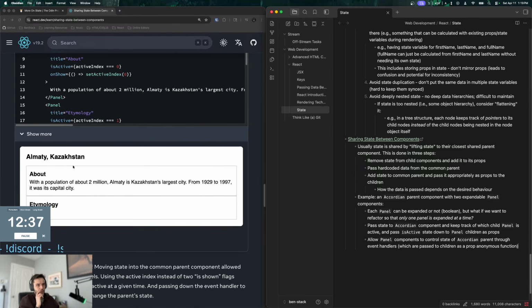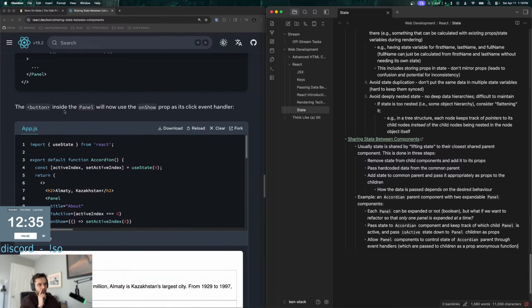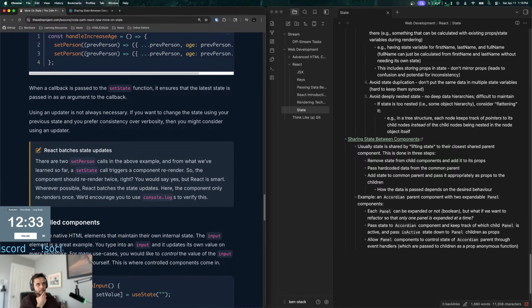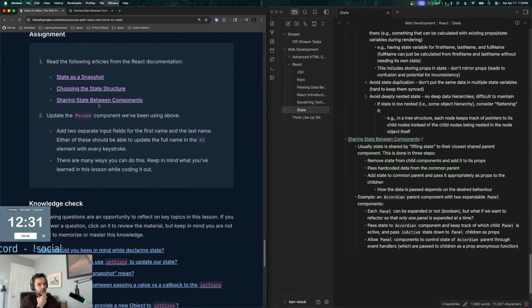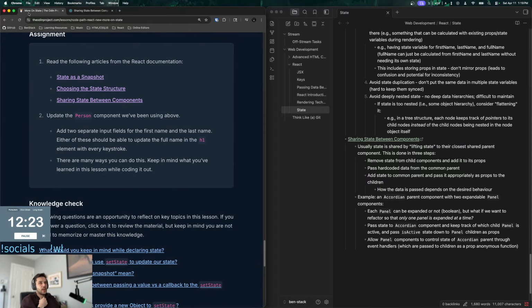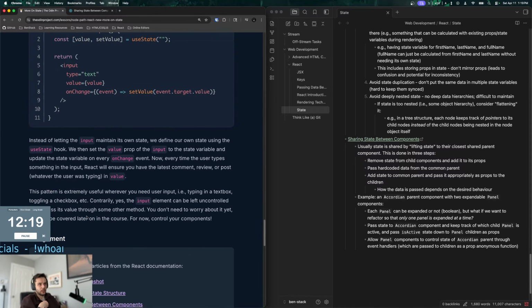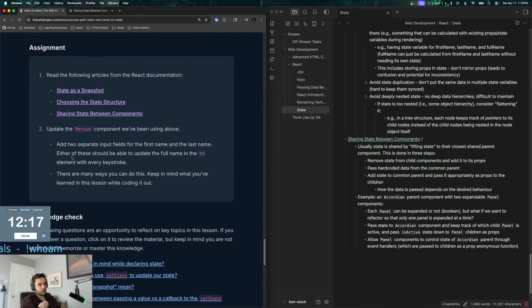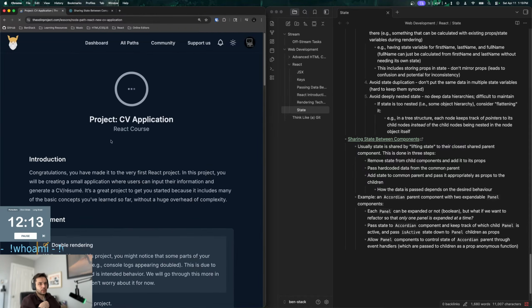What are we doing today? So we are going through the last lessons on this more on state section. I just have this sharing state between components lesson left from last stream. And then I'm going to do this little task for this person component that they were developing in this lesson. And then after that, I'm going to be moving on to building our first React project, which is a CV application builder,